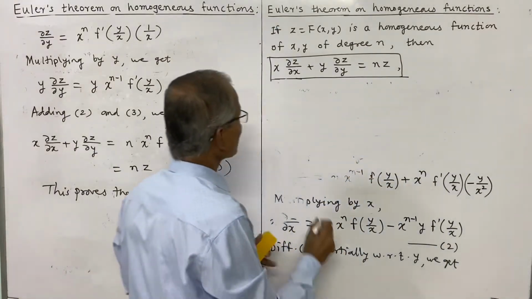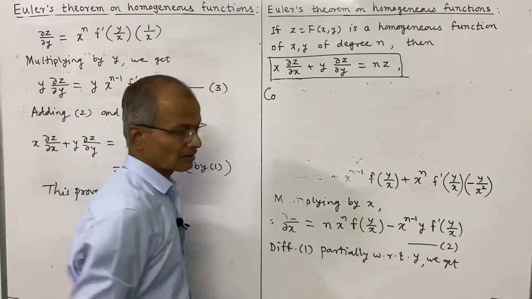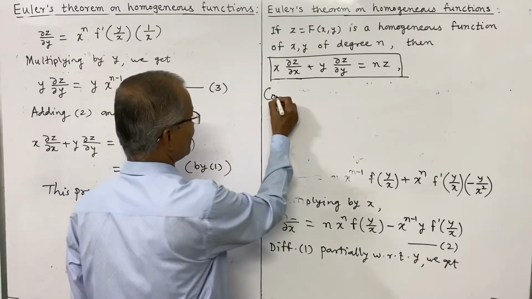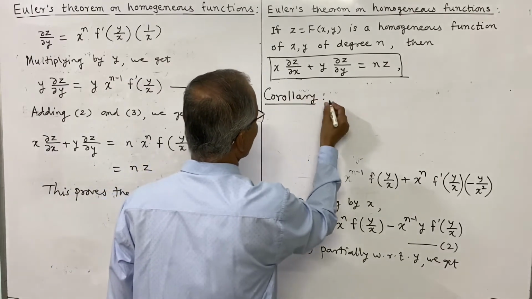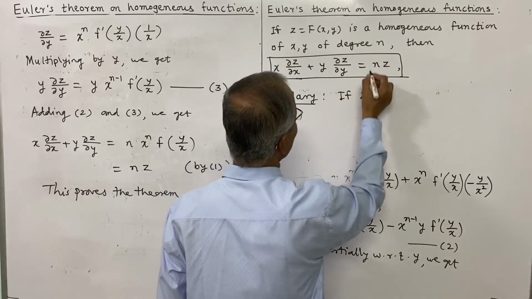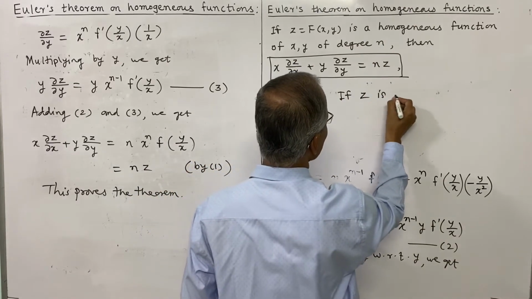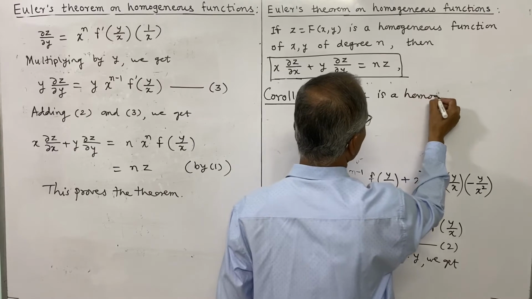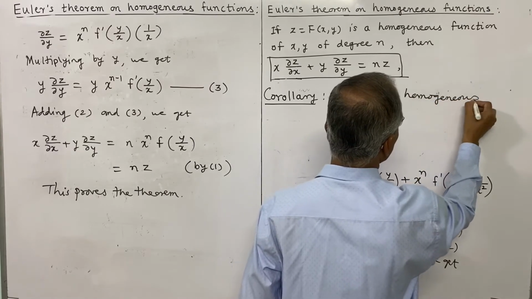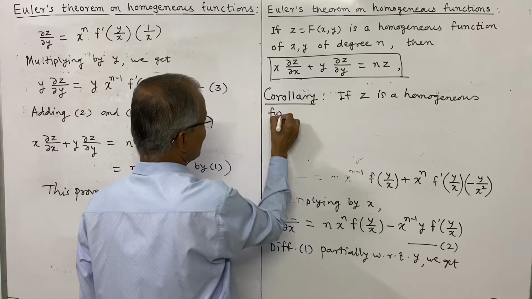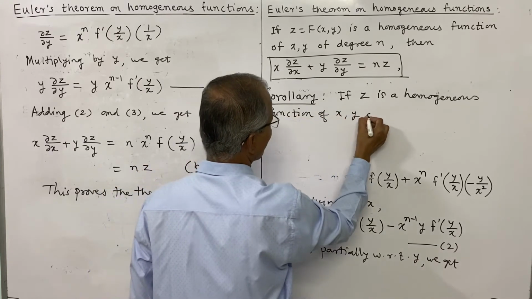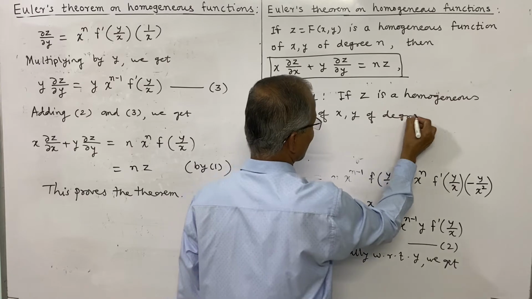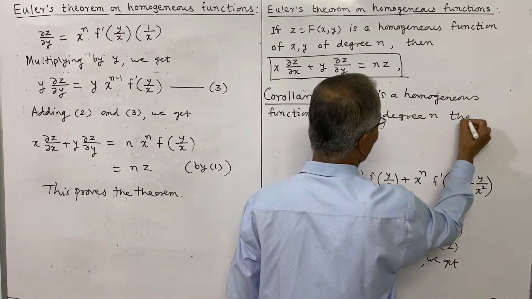Corollary means a result that can be deduced or obtained from the main result or theorem. Corollary: the statement will be the same. If z is a homogeneous function of x, y of degree n, then